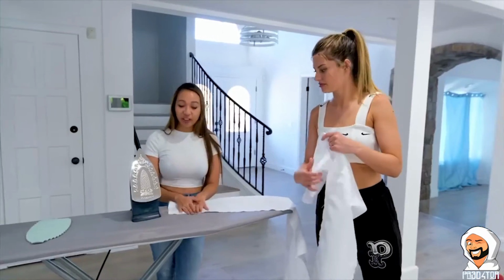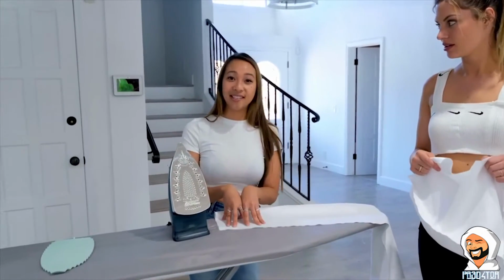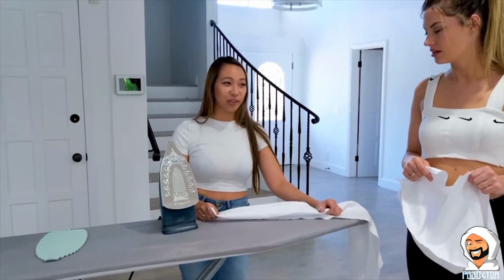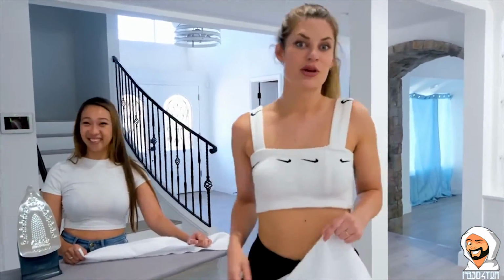Cool. So we're gonna press open the seams, but since we don't have a tailoring ham, which is something you put inside the pant leg to keep it shaped, to prevent from pressing through both sides, we're gonna use Hannah's merch and stuff the pants. We're gonna stuff my pants with the merch, so make sure you go to